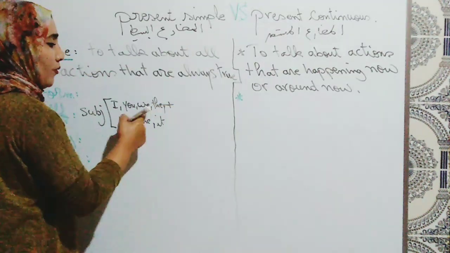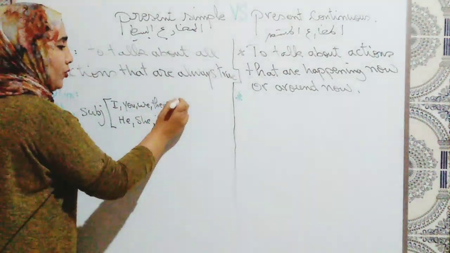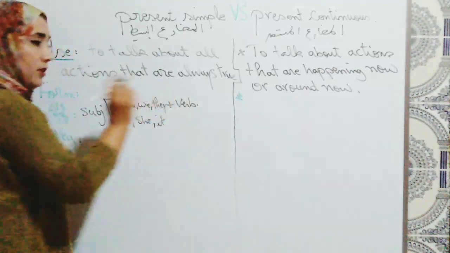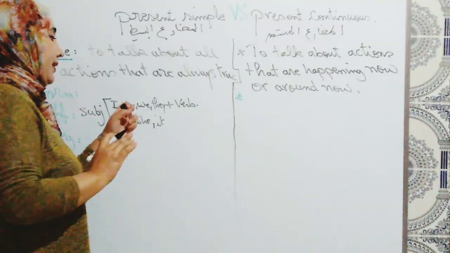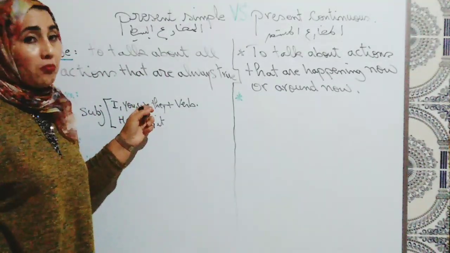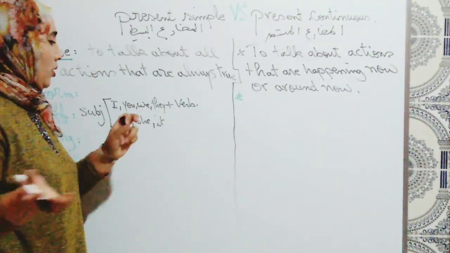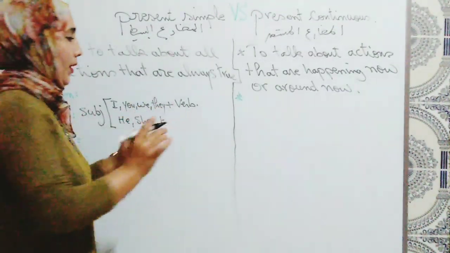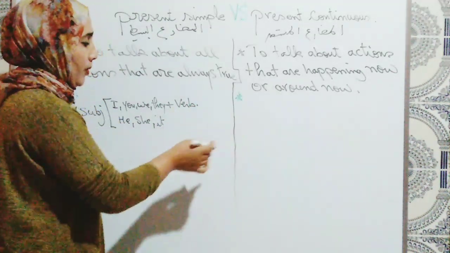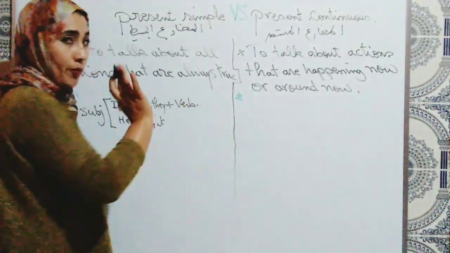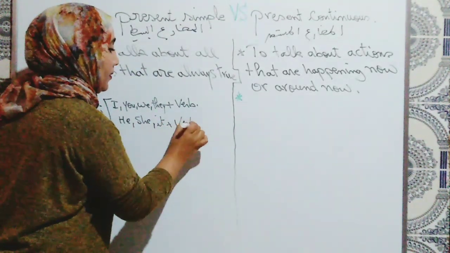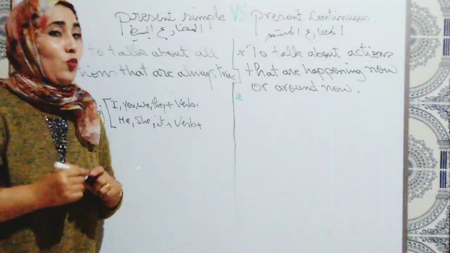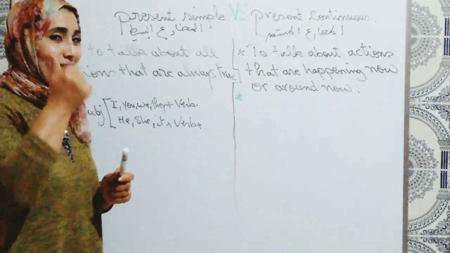So if it's one of these pronouns, we use the verb, just the verb, like I play, or I study, or we hang out. So here we just use the verb, okay? And you finish the complement if you want. Here we just use the verb. But here we have the verb plus